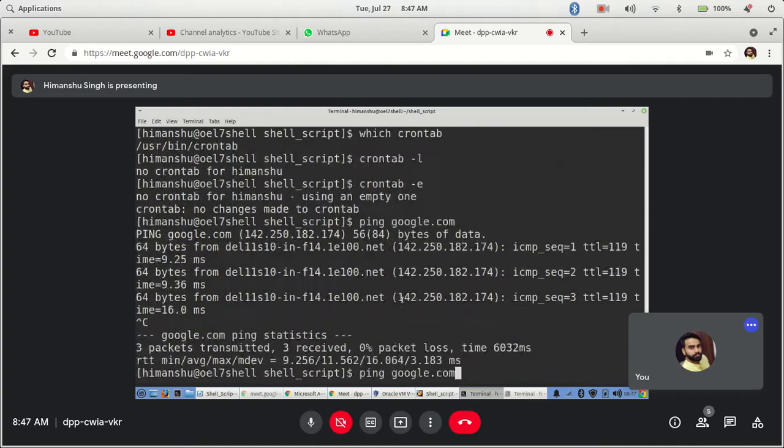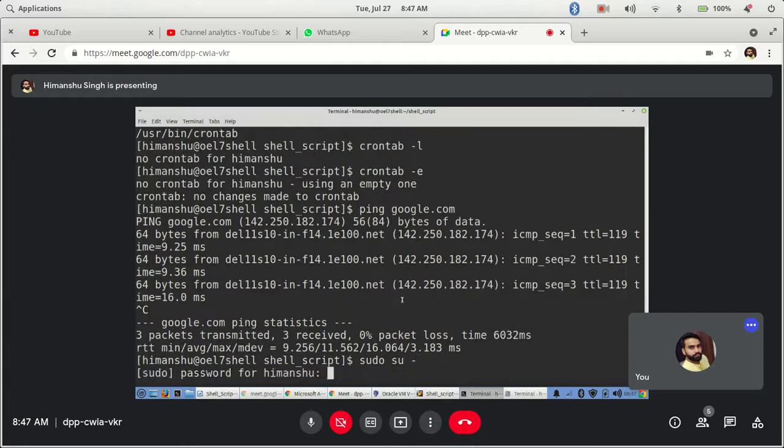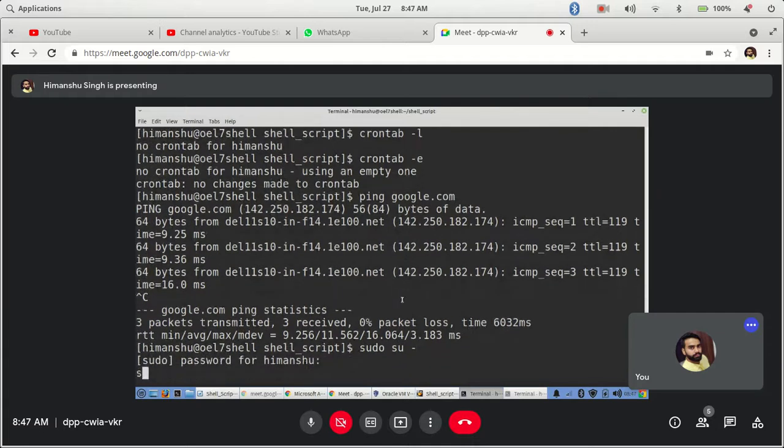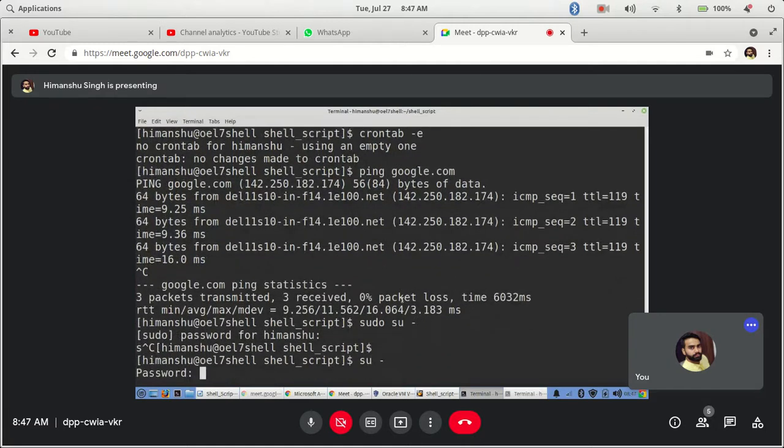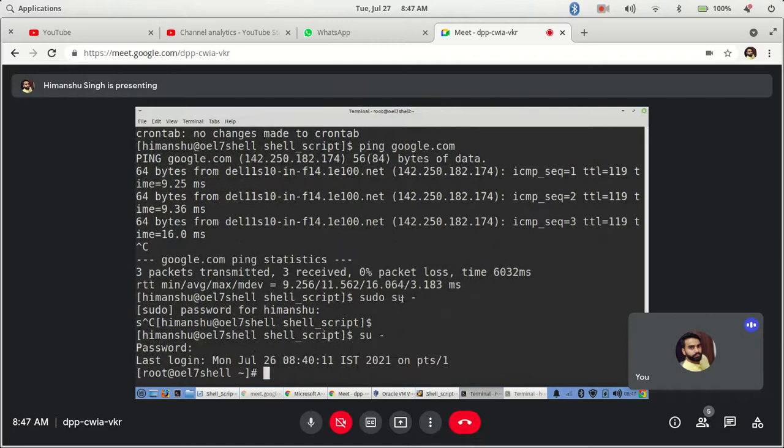I'm checking if I have a cron helper here, sudo, install.